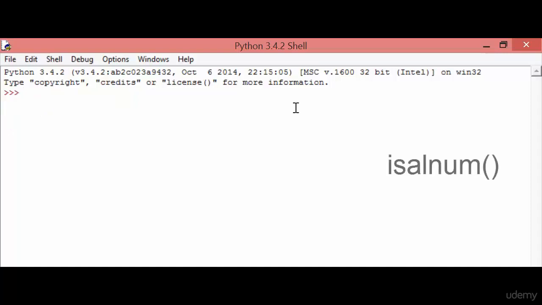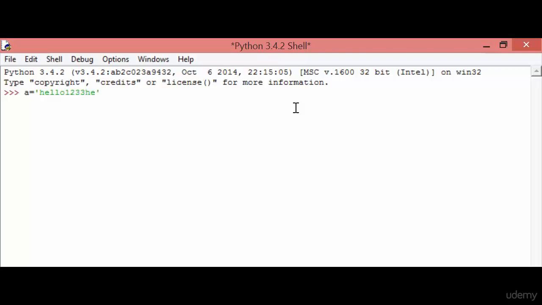The next method is the alphanumeric method. The alphanumeric method will return either true or false depending on whether your string contains alphanumeric values or not. So for that I'm creating a variable and assigning a string which is hello. After that I'm going to give some digits.